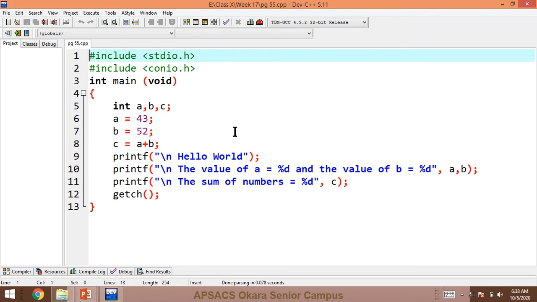Then printf, the first message that will be printed is hello world, and you can see this is \n, which I have used as an escape sequence. It will print hello world on a new line. You will see in the output that the first line will be empty. Why? Because I have used the \n before hello world, so the first line will be empty. After that hello world will be printed, and in the new line after hello world,